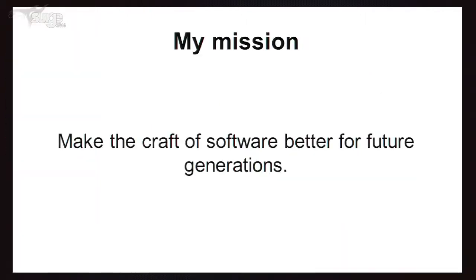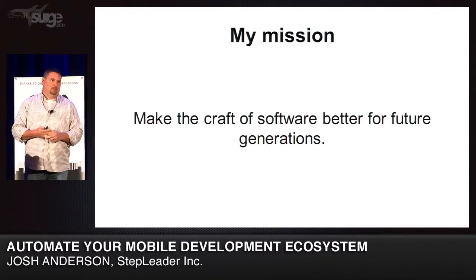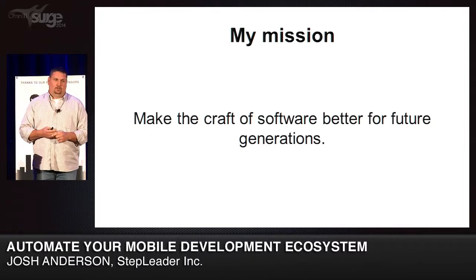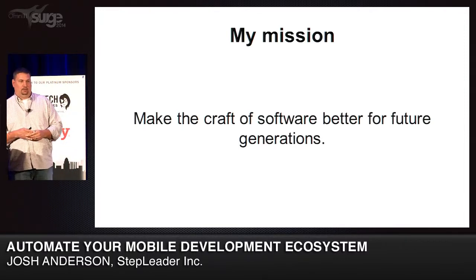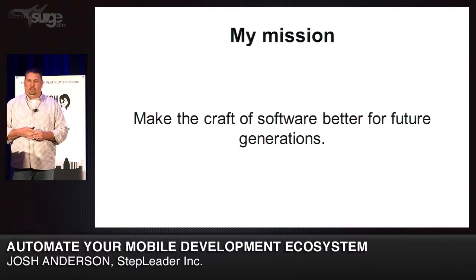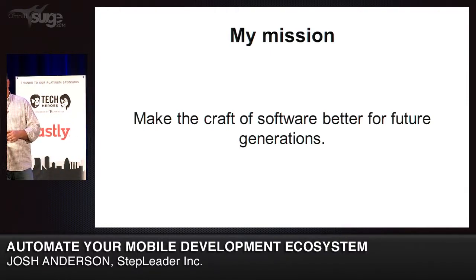This is my personal mission. When I look at that, I break it down into two pieces. The first thing you have to do to make the craft of software better is find really tough problems and not run from them, but run towards them. This is an example of one of those things. We had a couple hundred apps that were taking us months to ship. It was a unique problem set that not a lot of people had. There weren't any answers for it, so we had to figure it out.